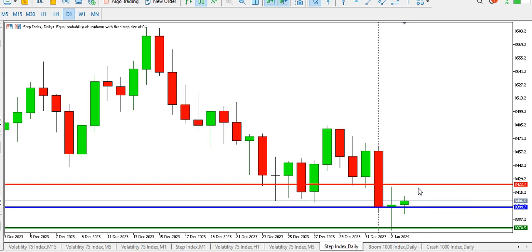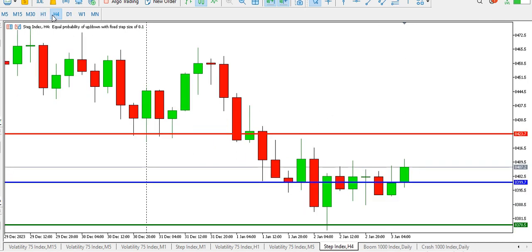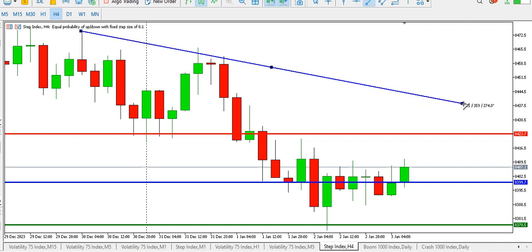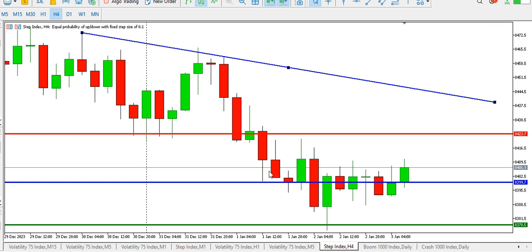Price might coincidentally get to the daily resistance, the first resistance, which is at 8423.7 level, but the daily support stays at 8378.5 level. For now, the buyers are trying to push price to this particular resistance level, but the overall direction is bearish. On the 4-hour time frame, the direction is bearish as price forms bearish structure where we have a